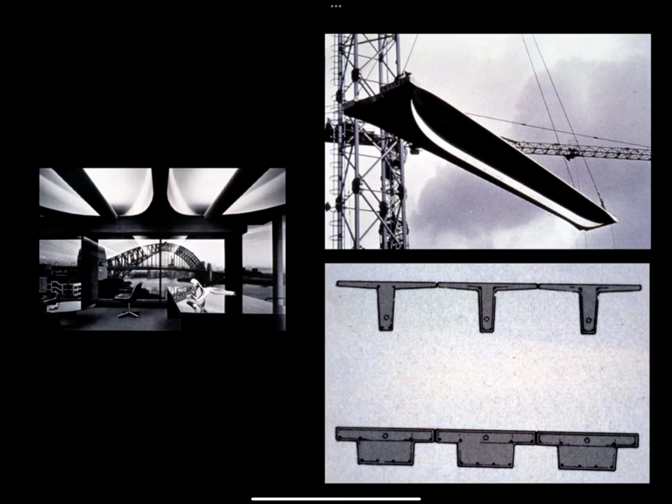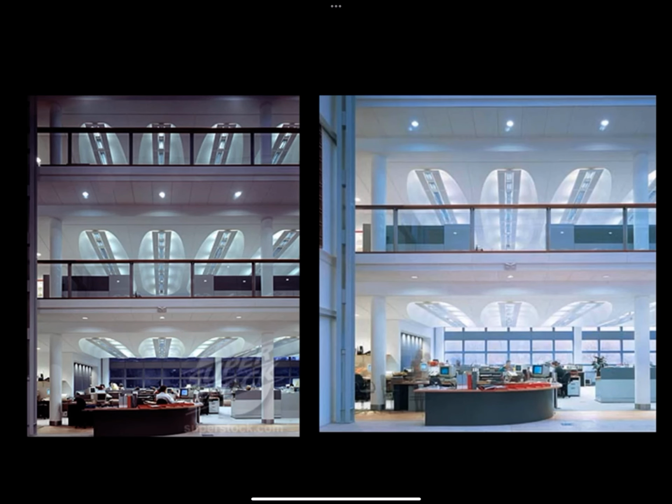the office buildings in Australia, which used precast single Ts, where the architect manipulated the shape of the T to make these rather handsome profiled ceilings in the office spaces. This is a building in the UK, an office building that has been constructed recently that uses exactly the same system. So we have a precast single T that has been manipulated so that the stem of the T is